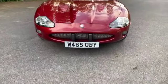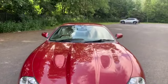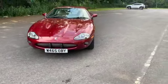There are not these about. And being the XKR, it really is the one to have. Just look at this. I've known it's been coming for a few weeks and I couldn't wait to get my hands on it, and now I have. So, it's an XKR 4-litre